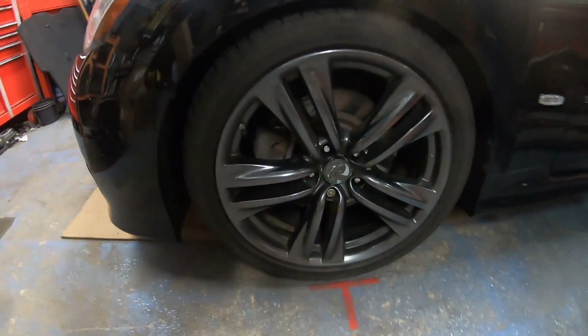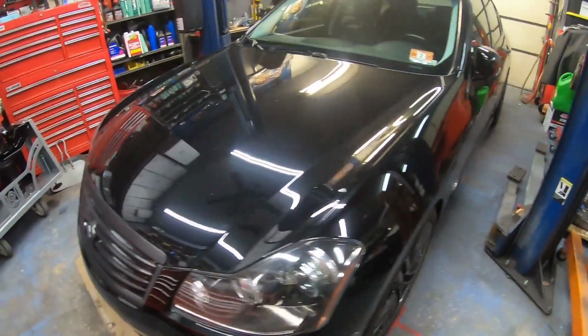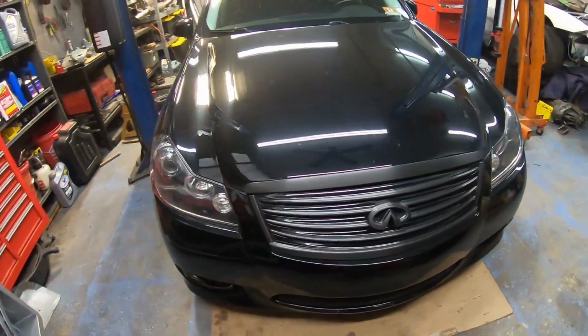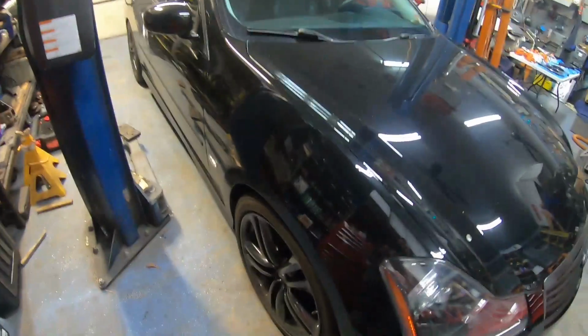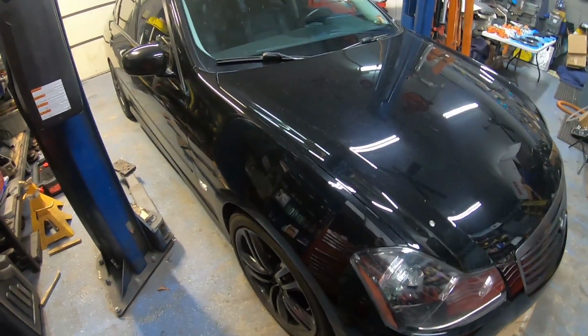I also knew I specifically wanted a post mid-cycle refresh car, so 2008 or newer, because I like the way the sport model bumpers and all look on the post-refresh cars better than the pre-refresh cars. This is actually a 2009 two-wheel drive sport package car, which means it has the later model sport bumpers, which I like. But because it's a 2009, they actually made a late change in 2009. So they refreshed the body style in '08, and then in '09, they switched from the 5-speed automatic to the 7-speed automatic. And I knew if I was going to be driving the car every day for a while before doing the LS swap, I wanted the best combo that I could get with the V6,